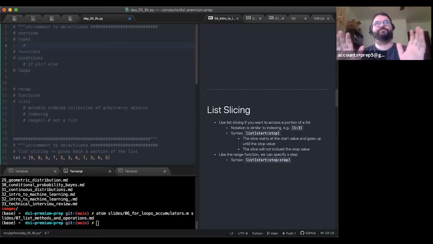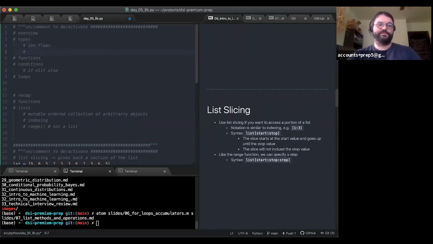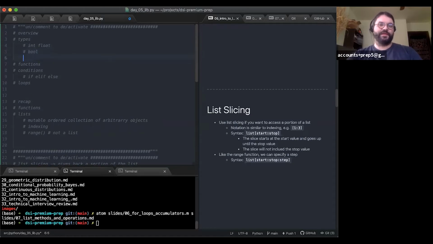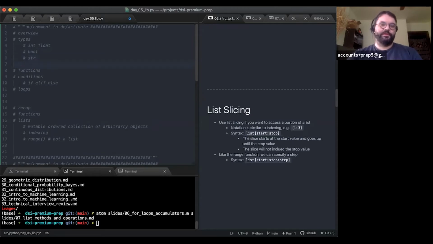Let's recap this a little bit. So the types that we've talked about are int, float. These are our numeric types. Bool is technically a numeric type, although I'm going to kind of stick it in its own category. String and None.